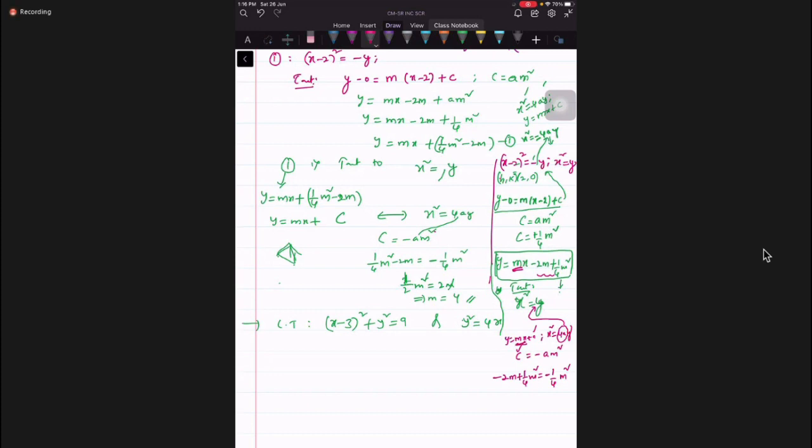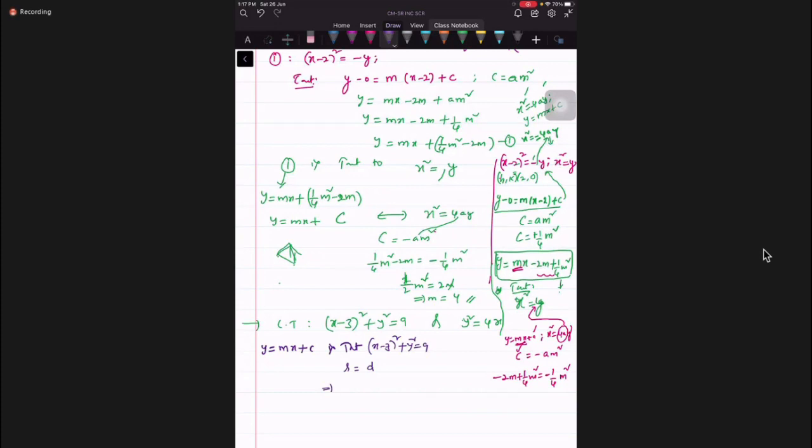Next, we have here a common tangent to a circle and a parabola. Now also tell me which is the tough curve, the second curve, the circle curve, correct? Yes, sir. So I'll first find the tangent to that first. Okay, no? Students? Yes, sir. So now if I take something like y equal to mx plus c is tangent to the circle (x minus 3) whole square plus y square equal to 9. The condition, tell me, anyone? Radius is equal to the distance from the center to the line. Right, students?